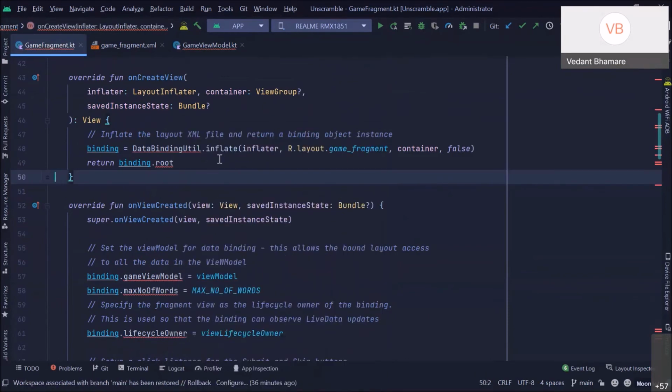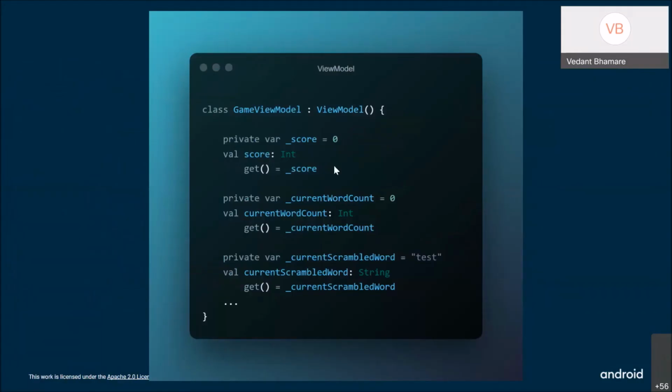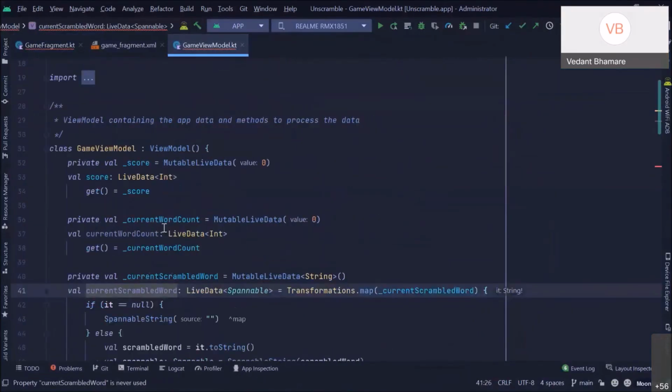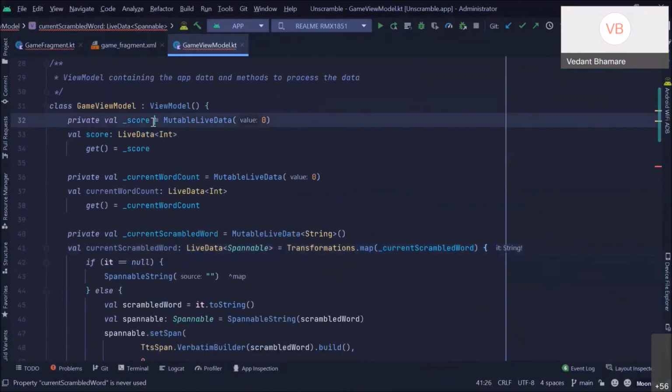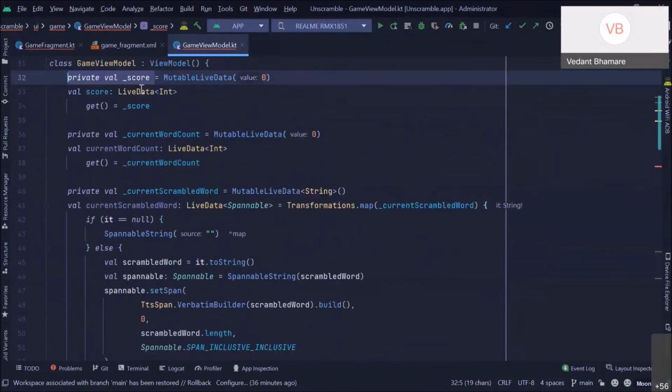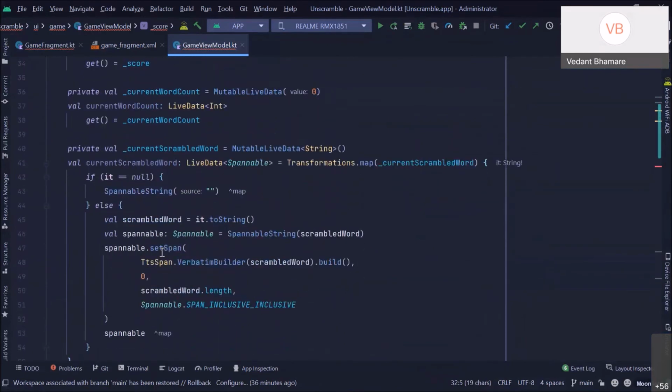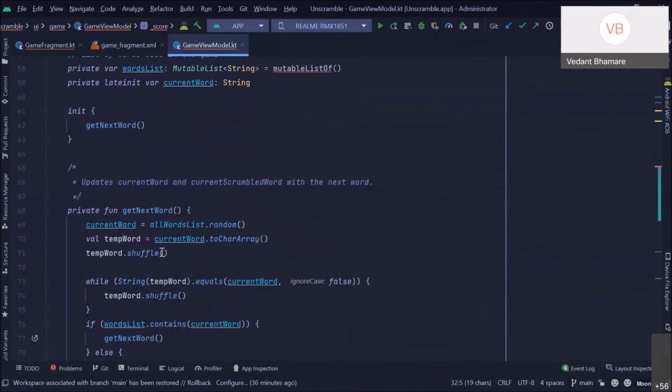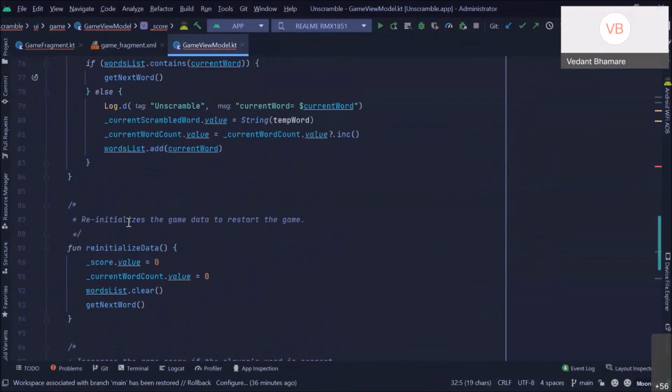So basically what we do here is this private var _score. This is the value that we change inside the ViewModel. You can see here, this is private only to this class, and it will only be called here. So we can only read it through here. Whatever changes we would do, it would be done through here. As you can see, you can change the score value over here.